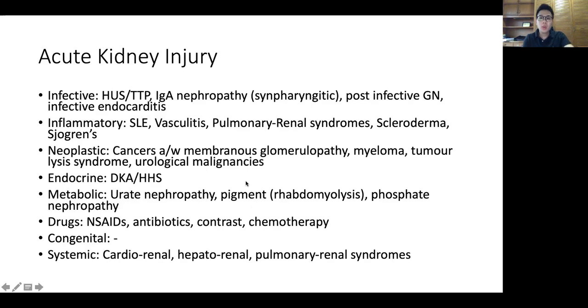Okay, so another way to think about it, instead of a pre-renal, renal, and post-renal approach, would be in terms of a diagnostic sieve. So if you think about it in terms of infective, inflammatory, neoplastic, endocrinopathies, and metabolic, etc. So I think this could be another way. And as you can see here, this list of conditions is not the most tightly curated, as it includes some of the chronic kidney disease conditions as well. But this is just another way to think about the different